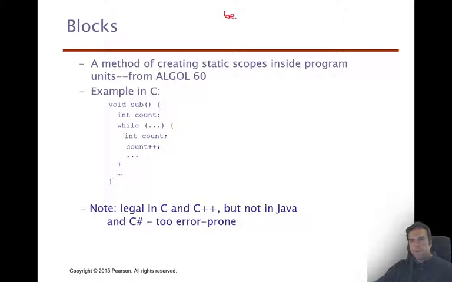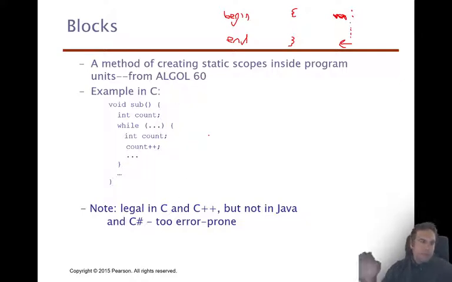It could be between the words begin and end. It could be between an open curly brace and a closed curly brace, or in Python, it could be between a colon and an indent, right? So you have a colon, and then everything indented at the same level is part of a block in Python, right? Depending on your language, you have a different way to indicate blocks,